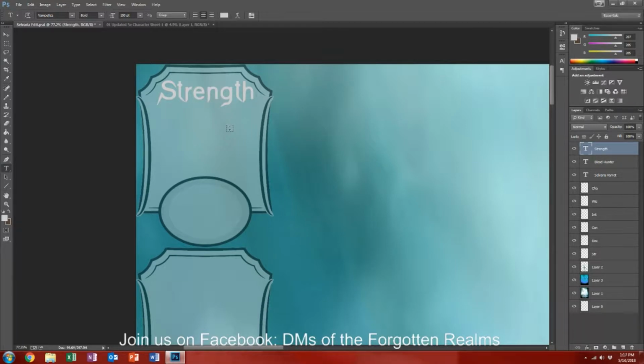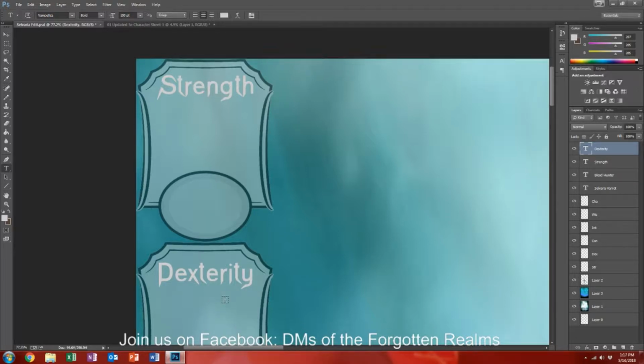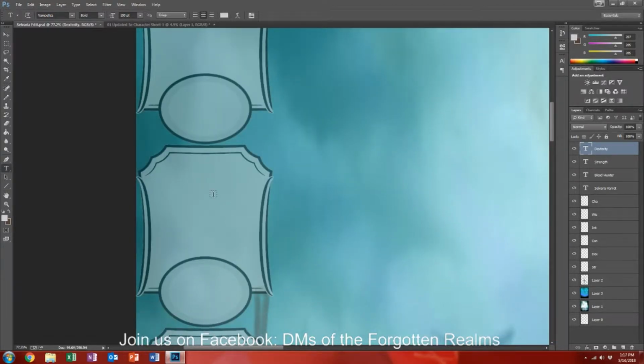Strength. Is that how you spell strength? Why does that not look right? Hold on. S-T-R-E-N-G-T-H. Yeah, I don't know. That font makes it look like it's spelled wrong, but I know it's not. Okay, whatever. Next. Dexterity. Constitution,